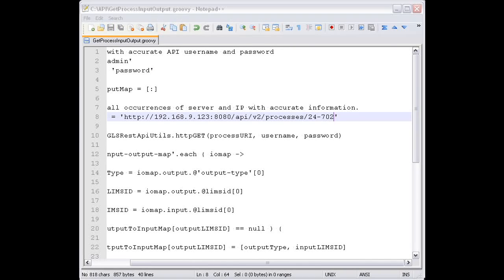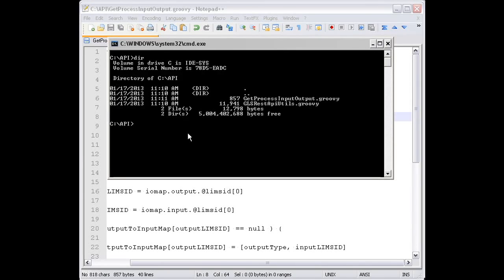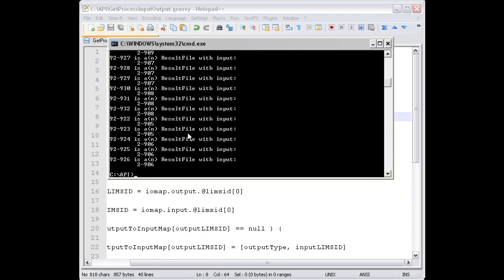And now I'm going to bring up a command line interface or a DOS window, and it should already be pointed at the right place. Yes, there's both of those files. So I just go ahead and call Groovy and ask it to run our get process input output script. It will run, query the API, and if we just look at the output here,